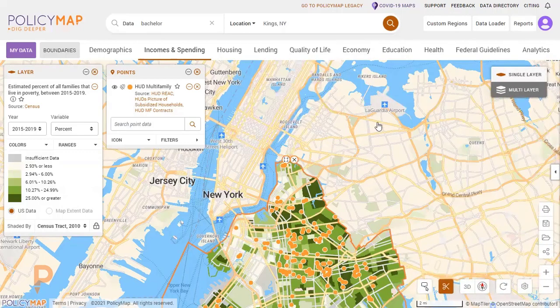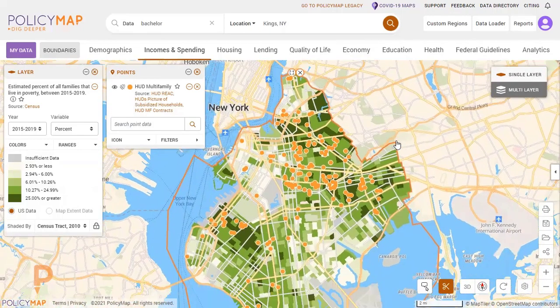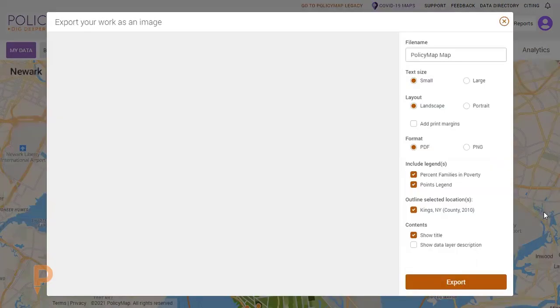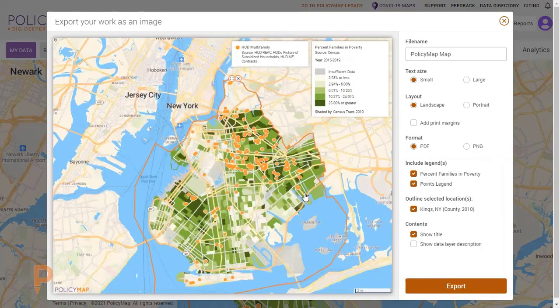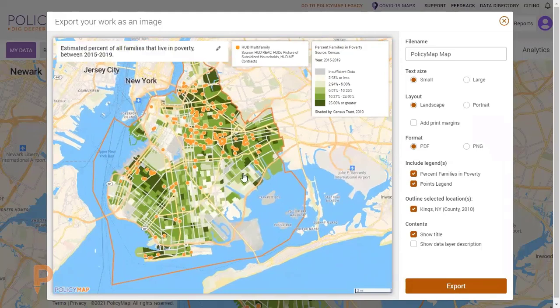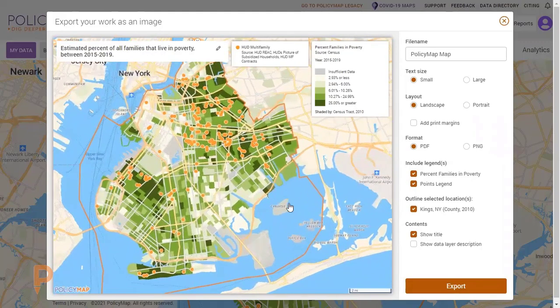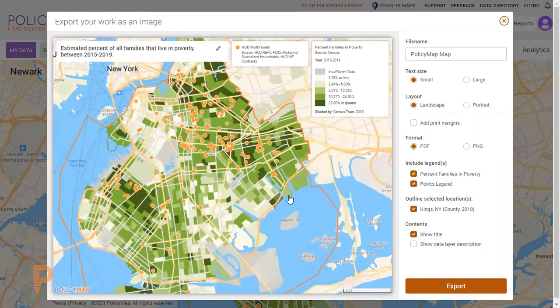So in addition to downloading the actual data, you can also export an actual map image by clicking on this print icon on the right-hand side. This will open up a little print preview where you can drag this around. You can zoom in and out, situate your map to where you want it to be, and then you can use all these different options over here on the right hand side to turn on and off different legends,